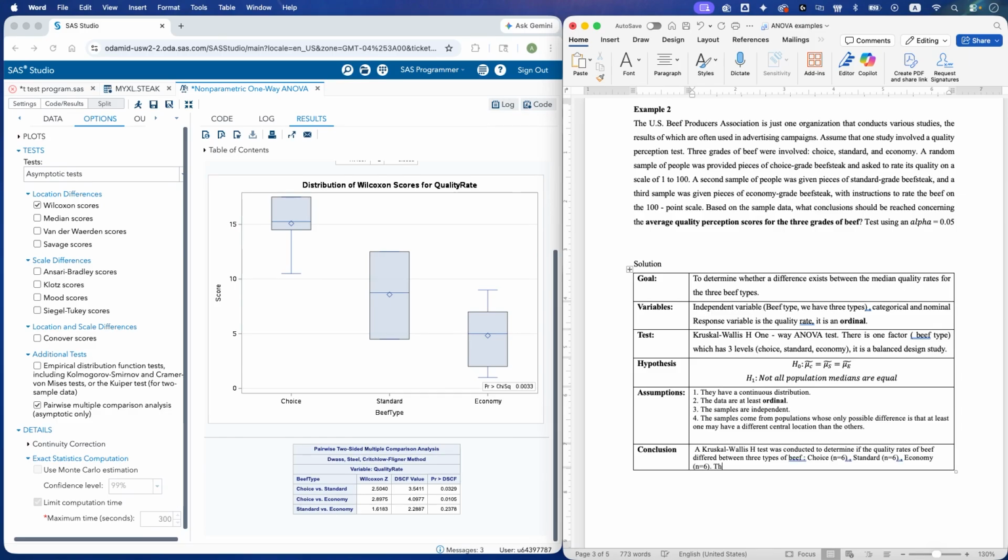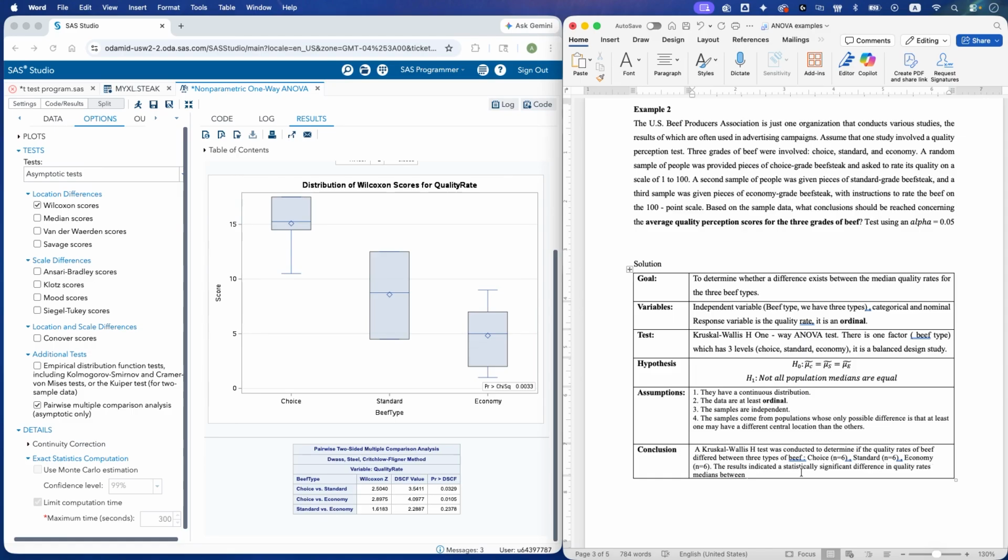The results showed, or indicated, a statistically significant difference in quality rates medians